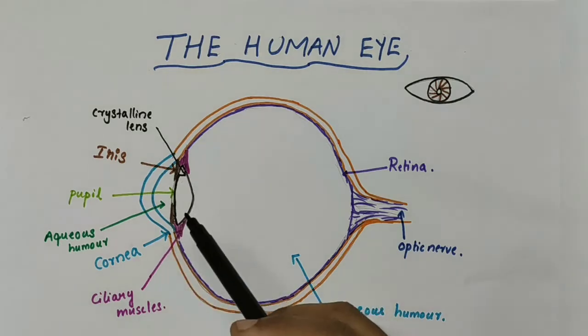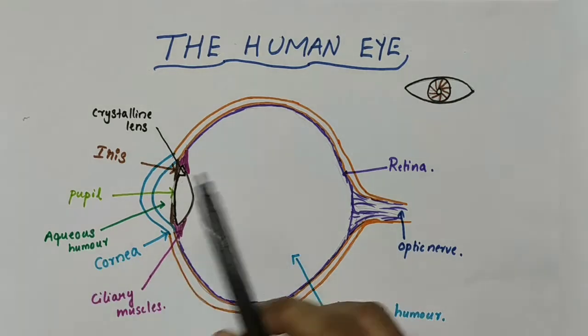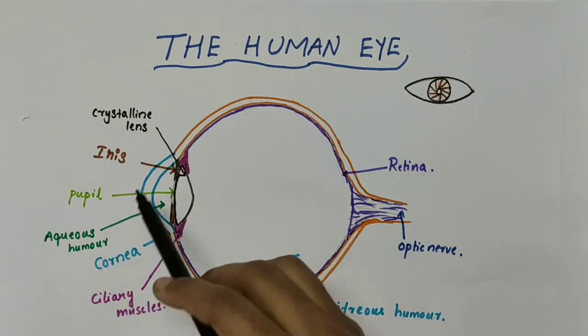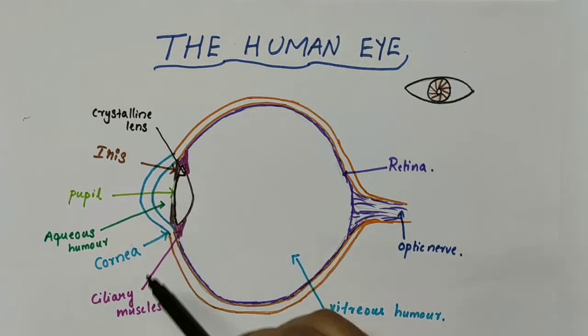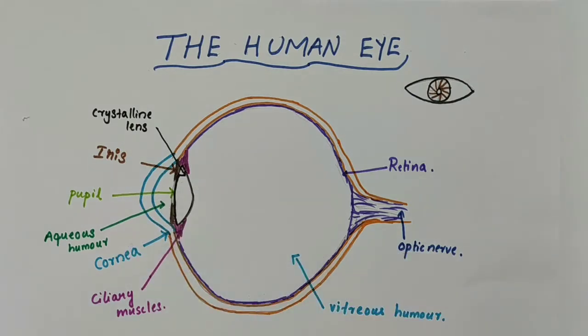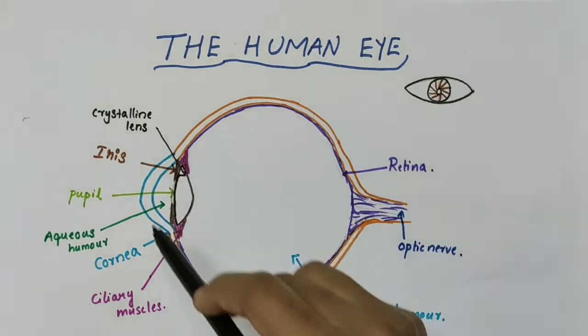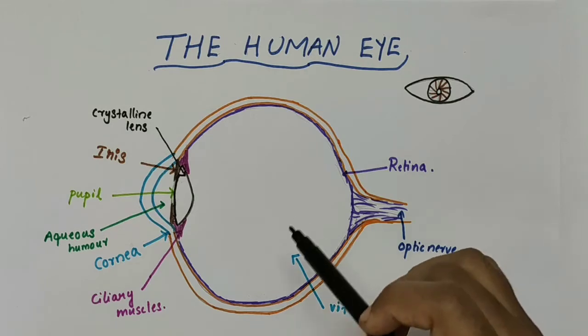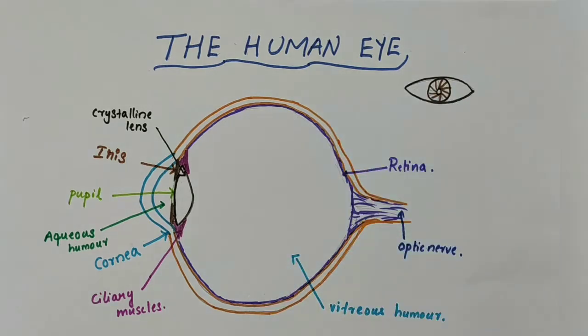Okay, transparent means what? It allows light to enter to this side. Right. An object would be there in front of the eye, so we would be able to see that object only if the light from that object entered our eye. Right. This cornea is a transparent membrane, so it allows light to enter to this side. Now, this eyeball is approximately spherical in shape with a diameter of about 2.3 centimeter.